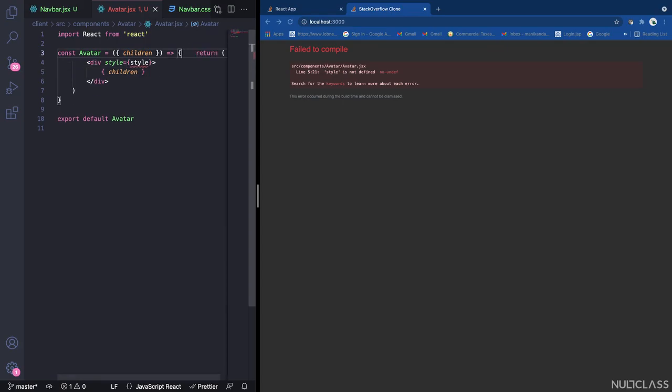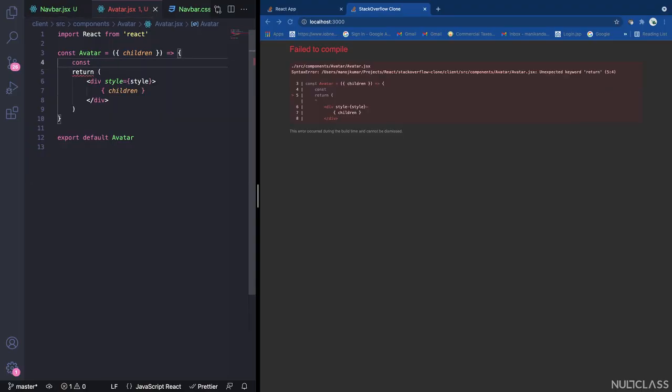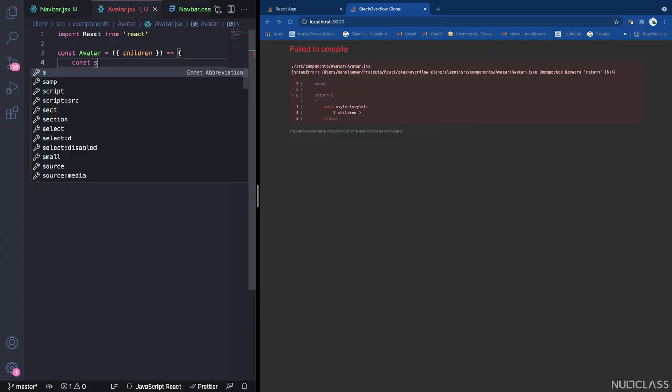Just copy this word and here I'm going to say const style. I don't know why it creates a tag, because I don't need a tag here. A const style